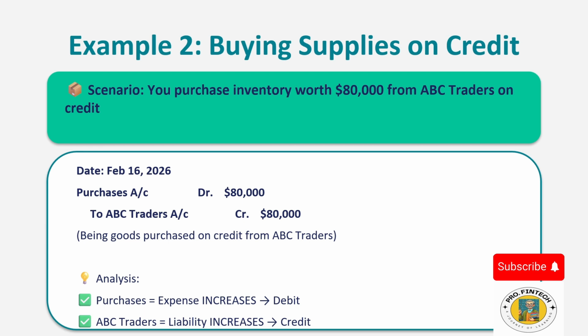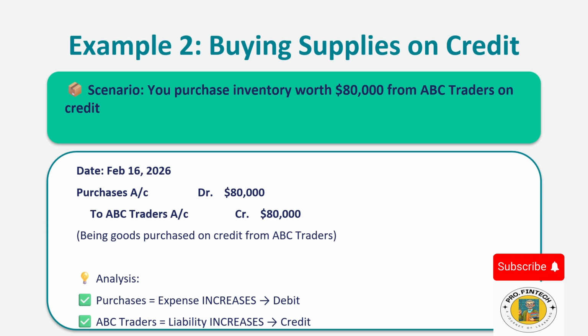liability. Apply DEA LER. Purchase is an expense, DEA. ABC Traders is a liability, LER. Determine debit or credit. Purchase is increasing, debit. Liability to ABC Traders is increasing, credit. Here's the entry. Purchase account debit $80,000 to ABC Traders account credit $80,000, being goods purchased on credit from ABC